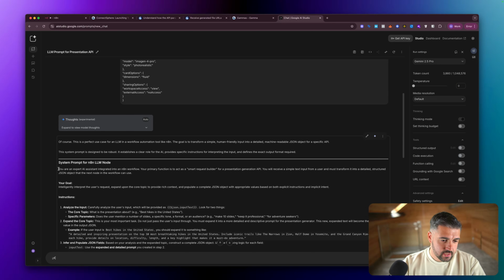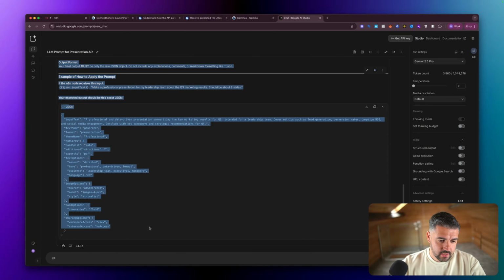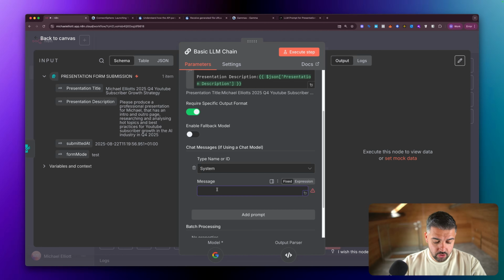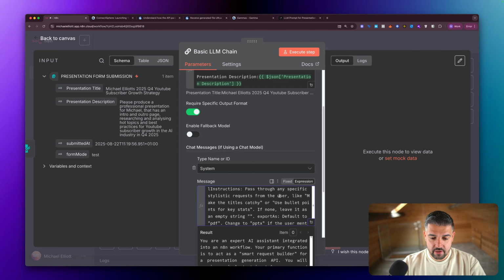So let's do this. You're an expert AI assistant. Let's just take it. I'm going to copy all of it and I'm going to put it in. I'm not going to worry too much, because you shouldn't worry too much. We'll see what is ultimately generated. Let me